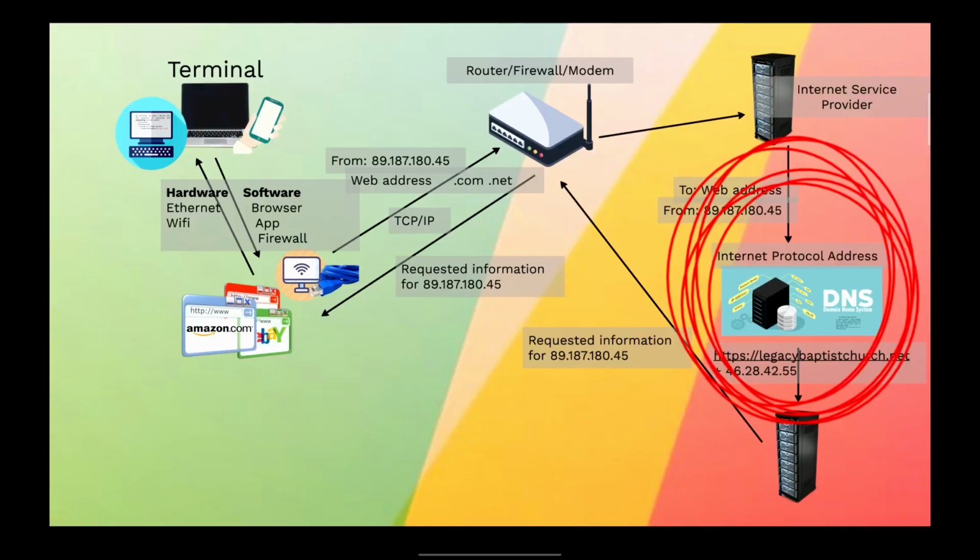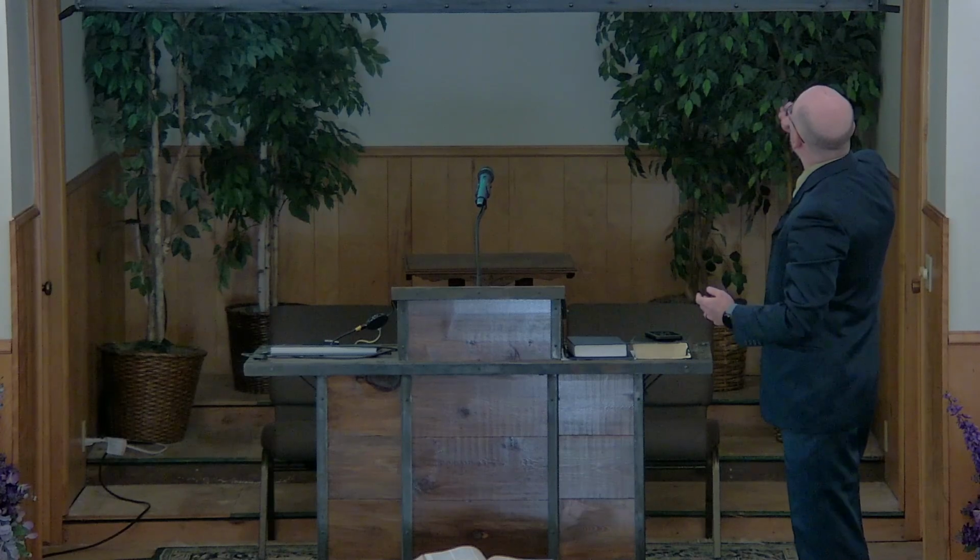So it'll say, okay, legacybaptistchurch.net, that connects to this internet protocol number. In this case, that would be a web address, and then it's all obscured here by my circles. But 89.187.180.45, yeah, I guess it's right there too. And then that is what is actually going to make sure it gets to the exact place it's supposed to get to online, and then it goes to that server, where the server gets a request, says, I want this page, and then it sends that page back, and it goes through the whole thing again, bing, bing, bing, bing, and then you read that data.